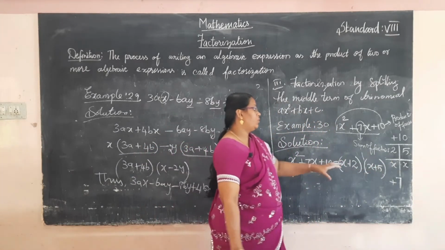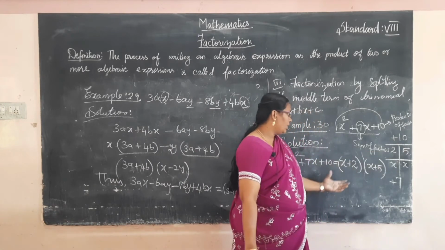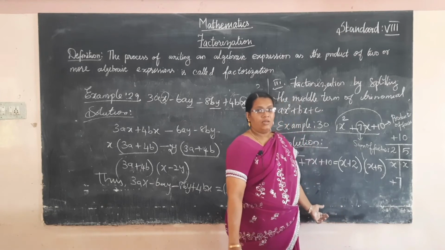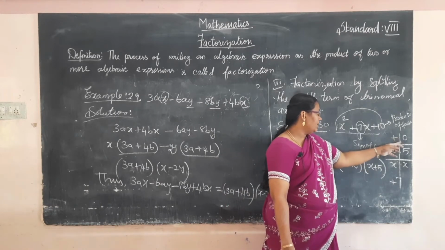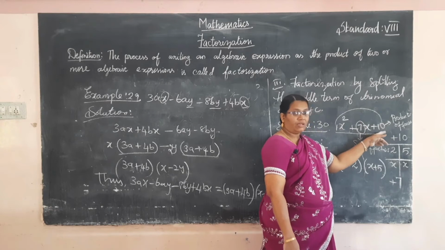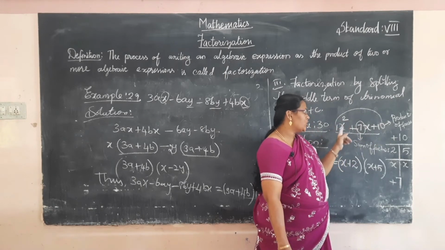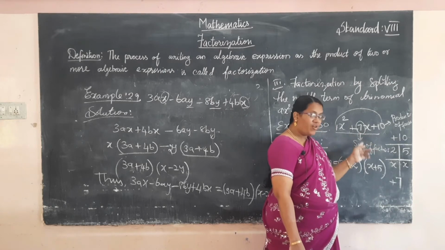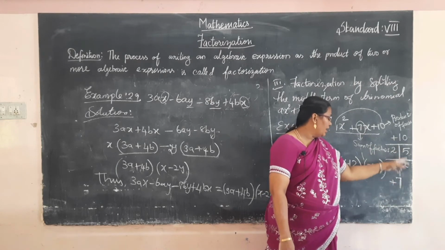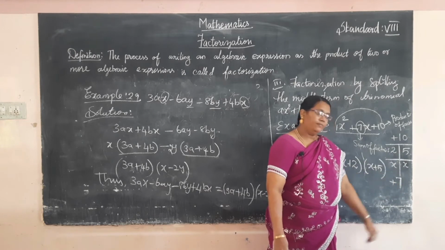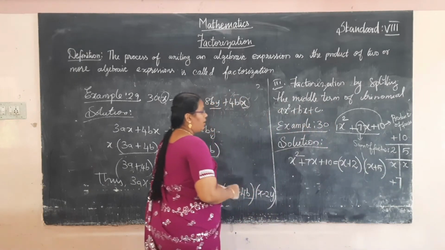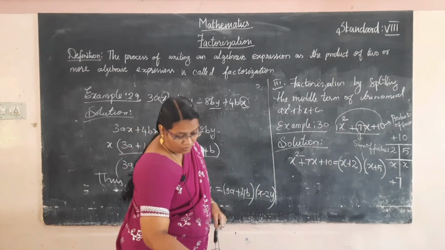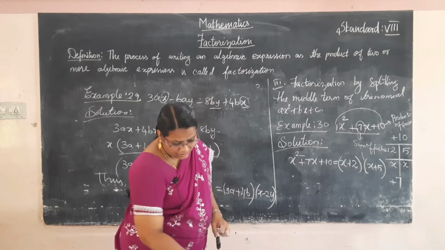You should draw the T in the main area. Here you will draw like this. Finally, write the result. So how do you write it? The product of the factors is the coefficient of x squared into the constant term, and the middle value is called the sum of the factors. The sum of the factors is written in the bottom of the T. I hope you have understood this method. Now move to another problem related to the same method.